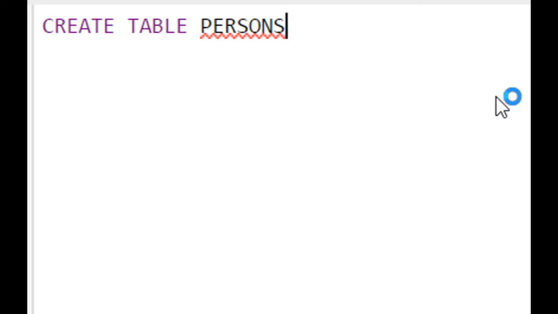So this is just for testing whether there are any errors. So let me add one suffix like t, that means testing. So create table persons_t, and after that you have to add parentheses, and we are going to list up